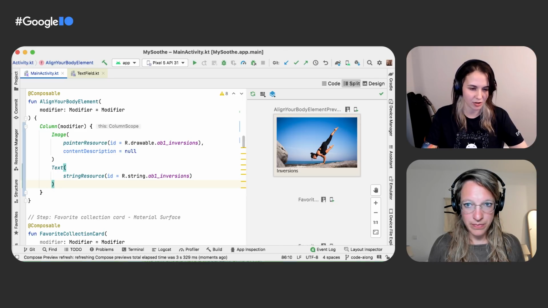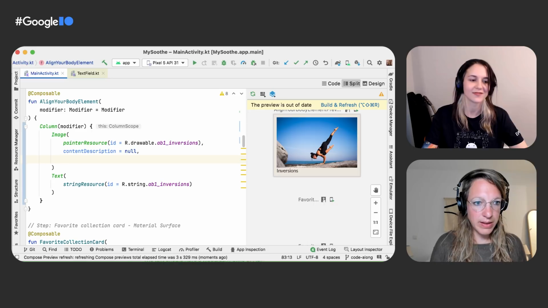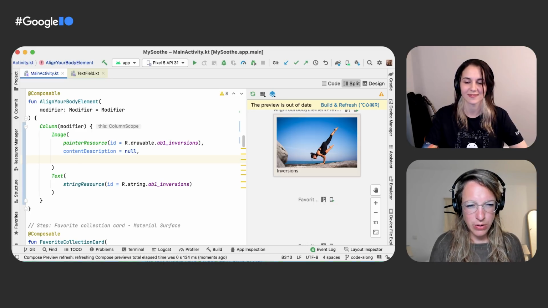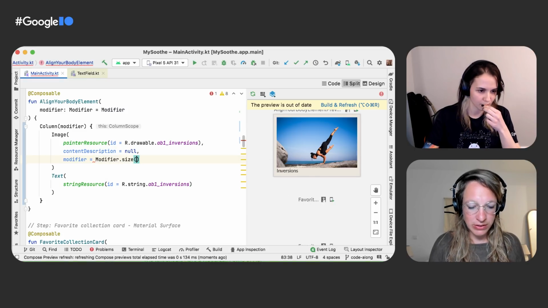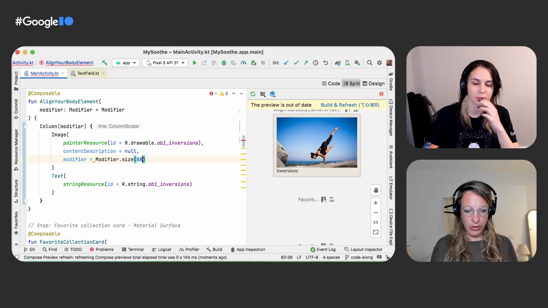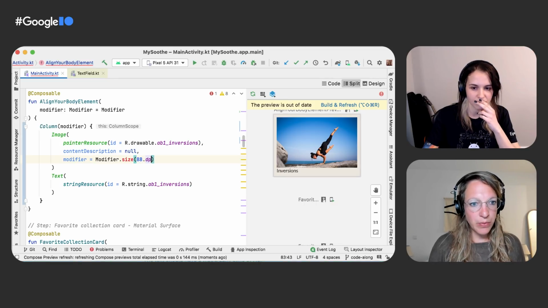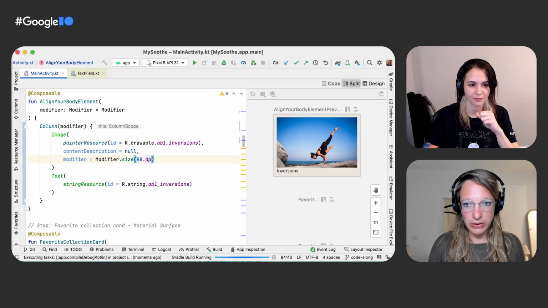And to make the image the correct size, we can actually use the modifier for the image and set it to 88 dp, if I remember correctly. Yeah, that's what our design said. So great. Again, we can use a modifier like we did before with our search bar. And we can use the modifier to set a specific size. In this case, we don't have to work with minimum sizes because this image will always be 88 by 88. So we will set that explicitly to 88 dp, and with that, our image will be sized correctly.